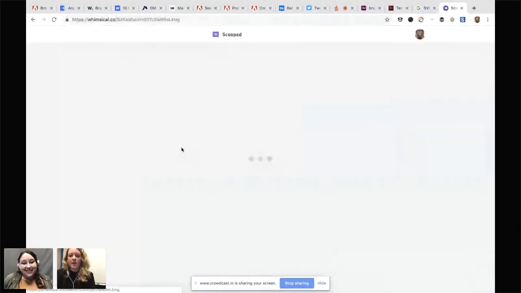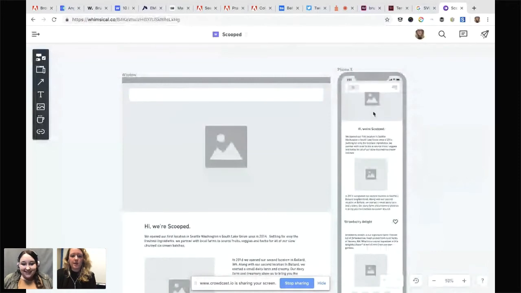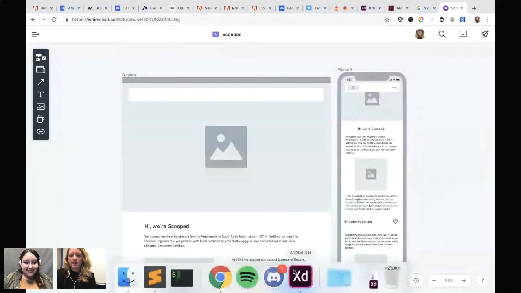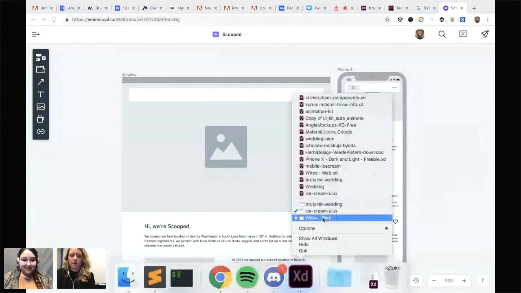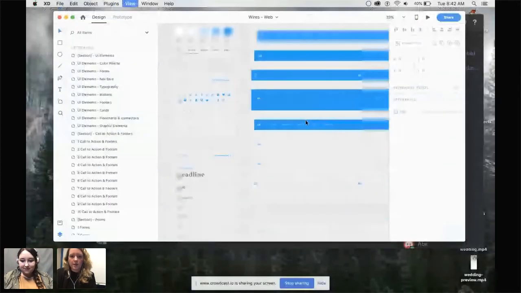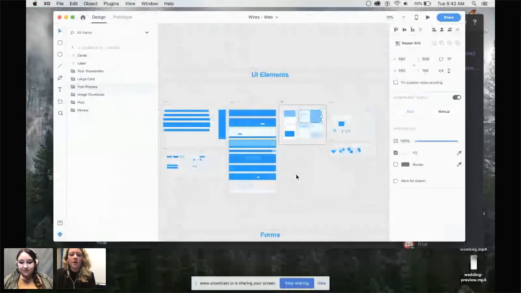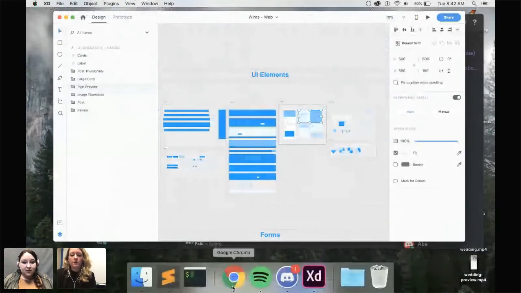So for my wedding one, I'm doing the wireframing in Adobe XD, and they have wireframing kits. And I actually kind of prefer this more because then you can drag and drop things in. So this is a wireframing kit. So you can take pieces and then copy them over to your artboard. But for Whimsical, if you want to do a really low fidelity one, because there's not a lot of options